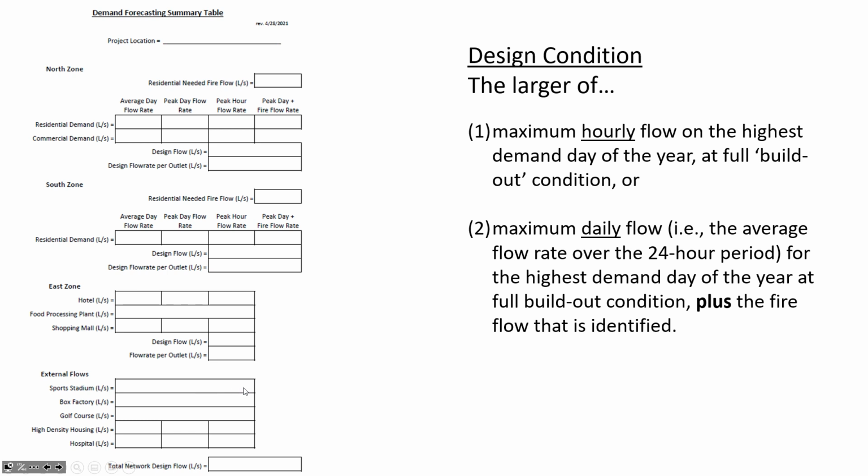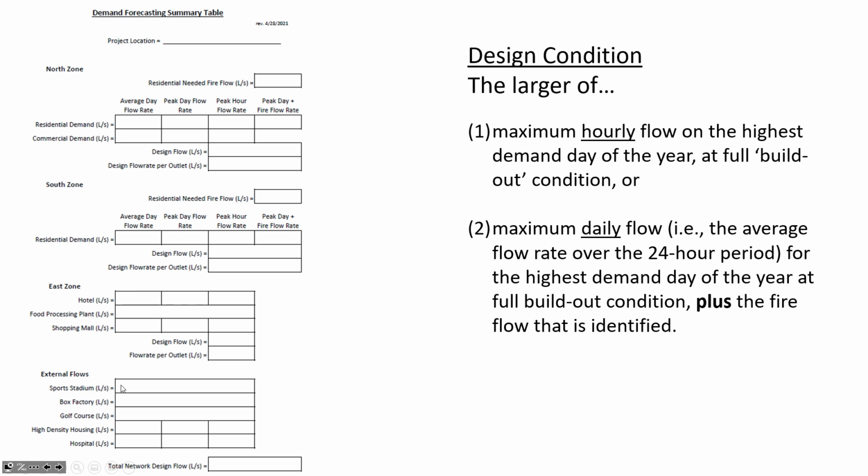But then the sports stadium, I just tell you the number of seats in the sports stadium, so you're going to have to do some research and logical thinking about what they use water for at the sports stadium. Maybe they use a little bit to water the field, but I think more of how big the pipe should be out to the sports stadium depends on halftime. How many toilets are flushing at halftime, or how many people are taking a drink of water, or how much water demand is there for the food prep at some certain key moment of the game.